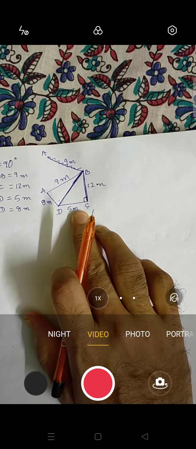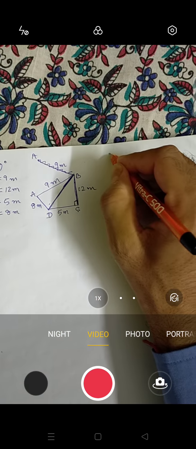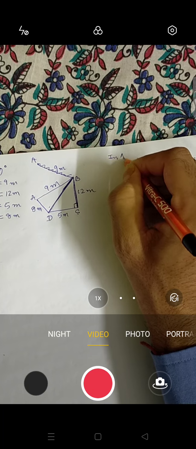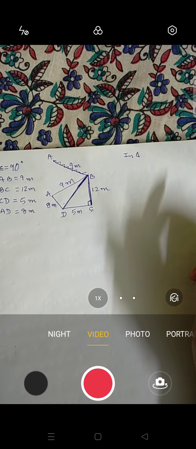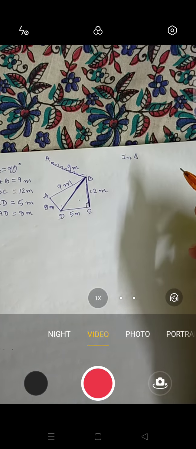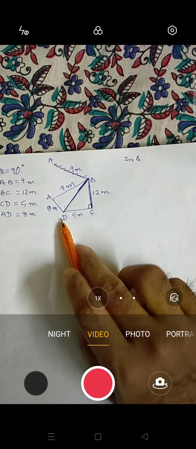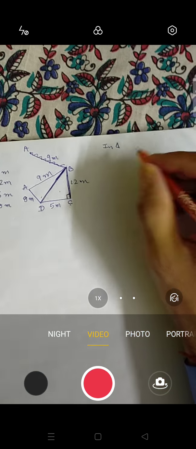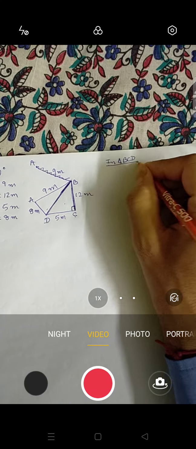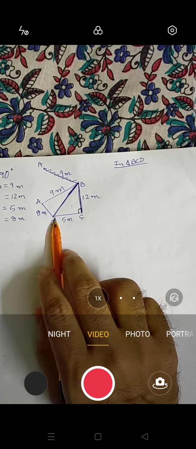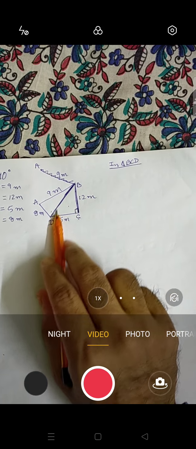So I'll solve now. You have written this and you have drawn the diagram. So I'm writing it over here. In the triangle, you have to mention which triangle you are taking. Otherwise, it will be a mistake. So I'm taking this triangle, BCD or DCB, whatever you want to name. So I'm taking BCD. So in triangle BCD, I'm underlining that so that it will be visible properly. Now this is the base, this is the perpendicular, this is the hypotenuse.